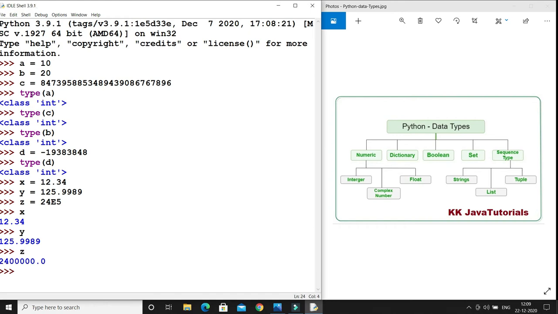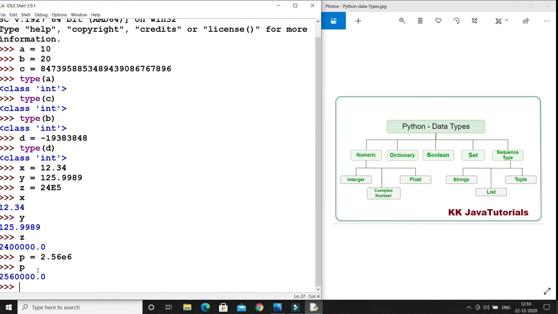If you print z, you can see the expanded version of z, 24 into 10 raised to 5, gets printed. Similarly, let's say p equals 2.56e6, and you can print the value of p. Here you can see the expanded version of this value, 2.56 into 10 raised to 6. So when you talk about floating point numbers, you can use scientific notation for them.